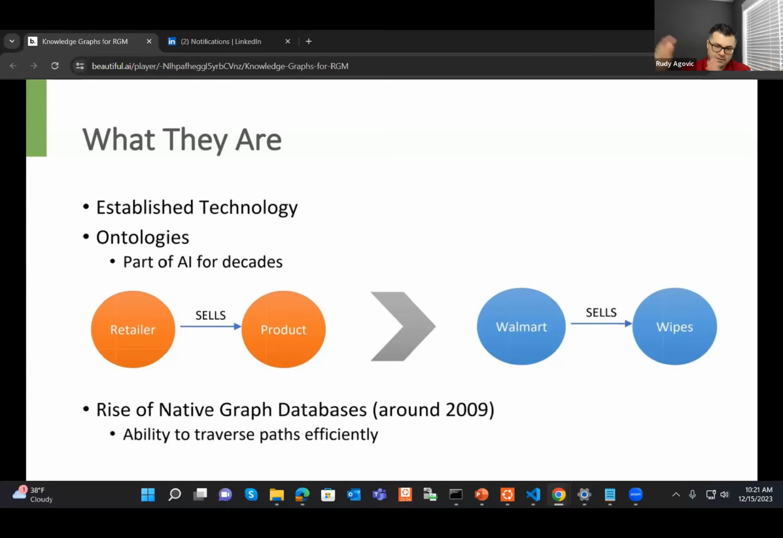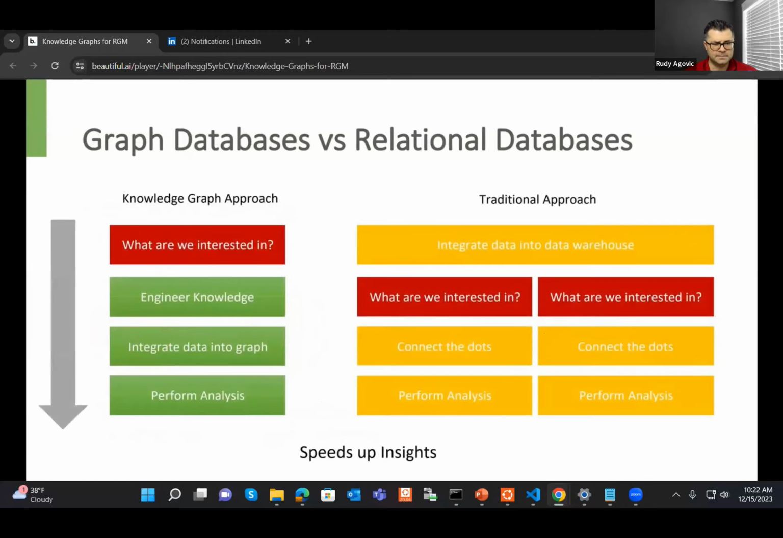Since 2009, 2010, this type of technology has matured quite a bit, and a lot of businesses are using it. If you want to draw a parallel, where you have deep learning and GPUs that enabled that, in this case we have knowledge graphs with scalable graph databases that enabled the use of knowledge graphs within businesses. So what is the difference between this knowledge graph approach and what everybody is doing with